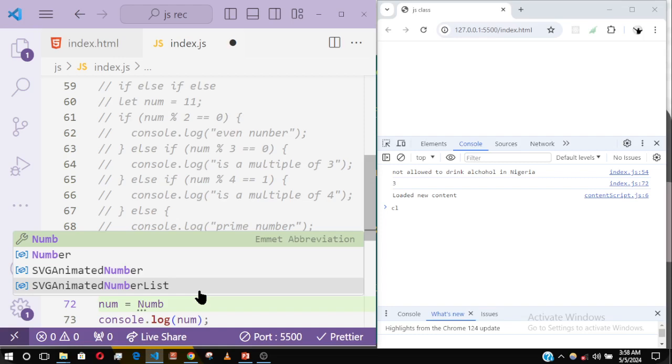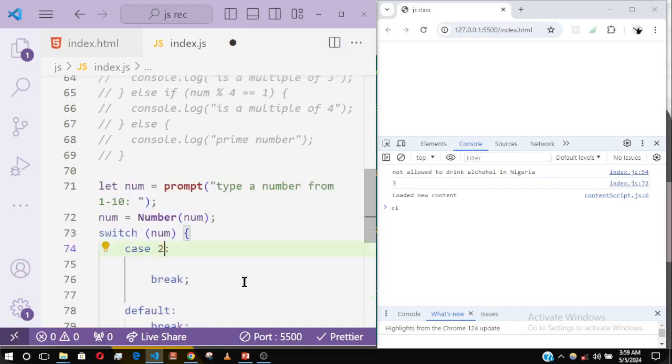So now we can use our switch statement. So the key to change now is what? A number. Then the case, if it is equal to 2,